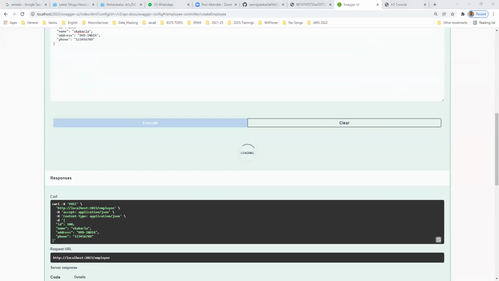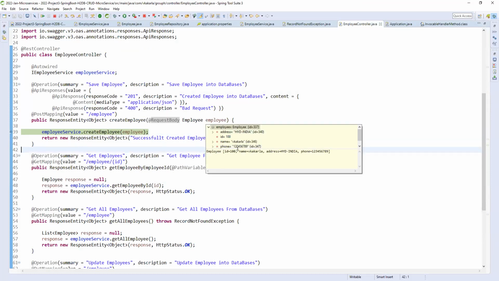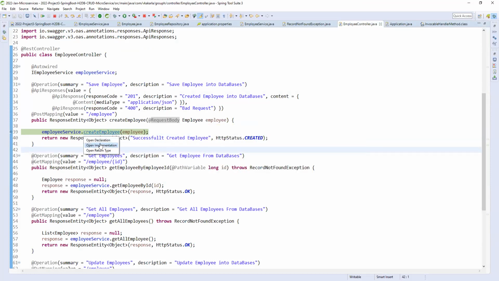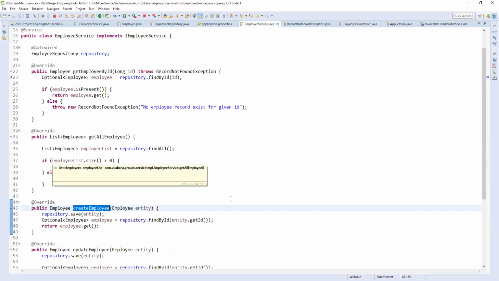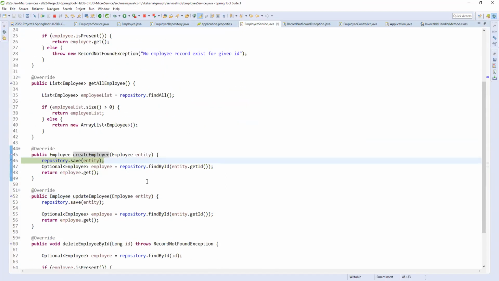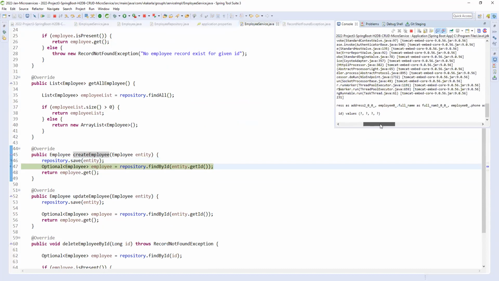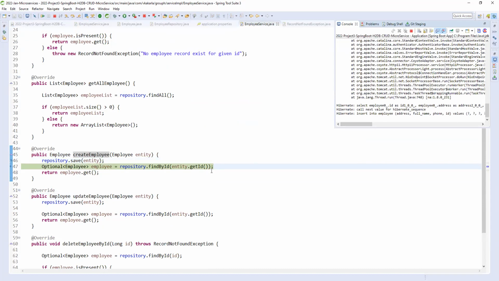We are coming here. So are we getting the values? Okay, we are getting the values. So let me come here, create employee. Right. Okay, it is created.